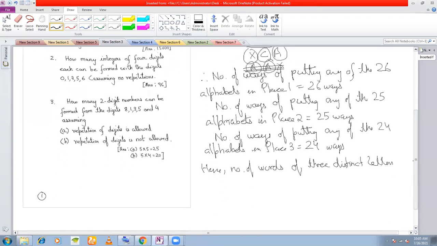Screen share just went. Anyway, number of words of 3 distinct letters. As I told you, you cannot have AAX because A you are repeating there. Okay, so you cannot have this combination. So number of words of three distinct letters that can be formed without repetition, obviously,